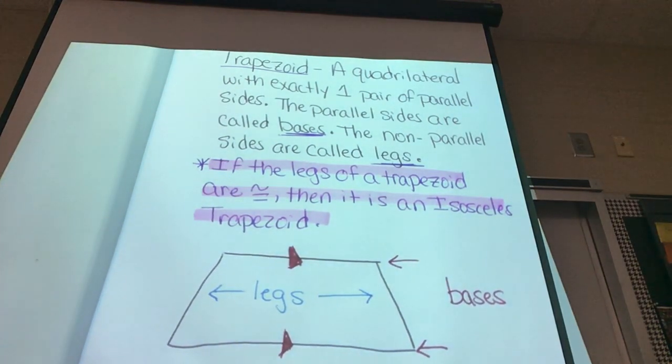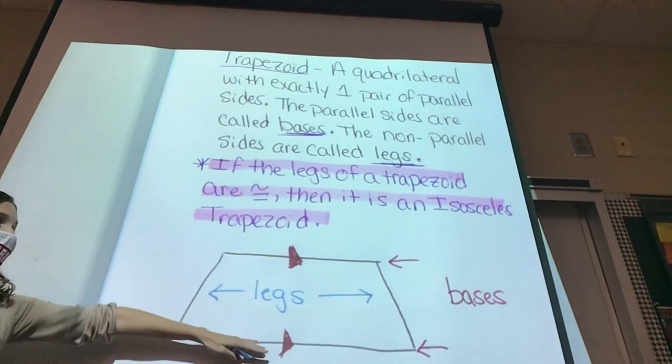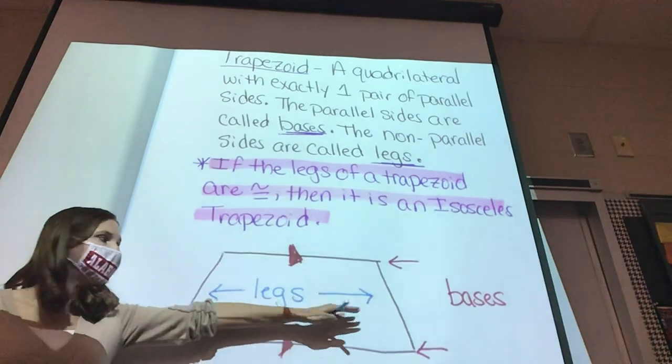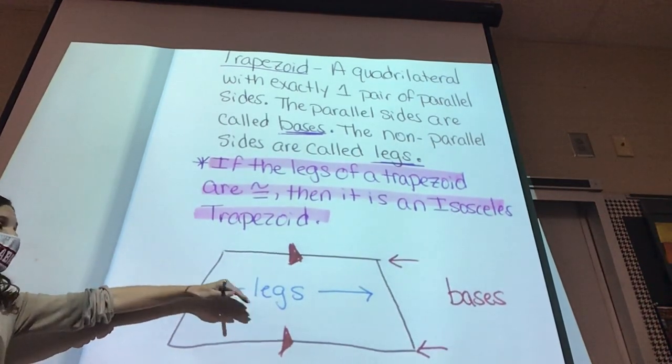Those are the ones that are not parallel. Okay? So we've got two parallel sides that are called bases. We got the two on the ends here that are not going to be parallel, that are going to be